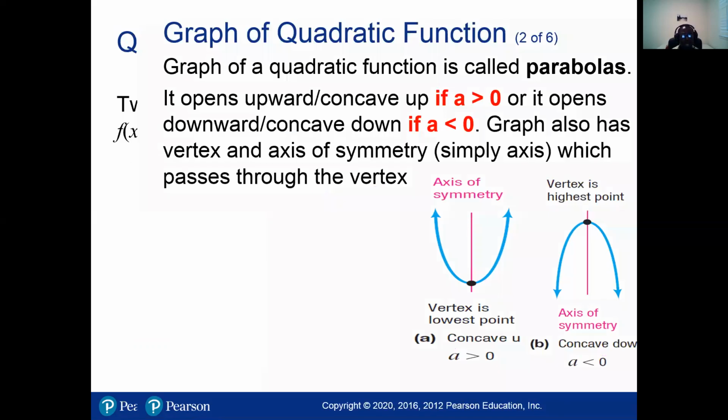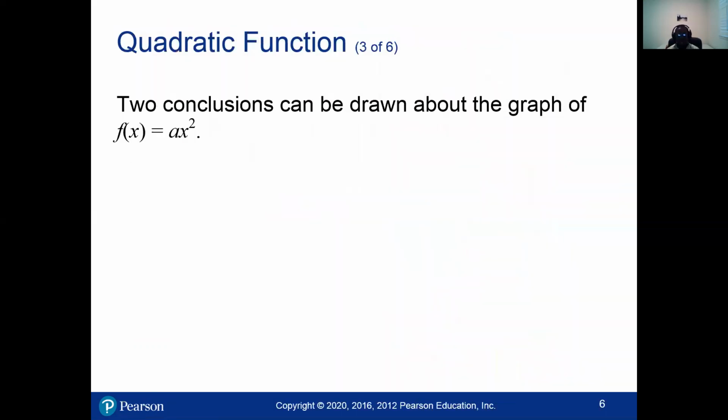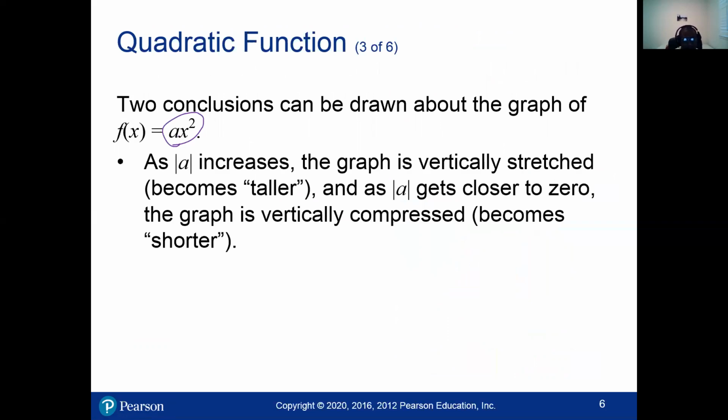Okay. So 2 conclusions we can draw, depending on the a, if your f of x is equal to ax squared. Now, if we take the absolute value of a, and it is increasing, that means if a is greater than 1, 2, 3, or is negative and its absolute value is increasing, then we say that the graph is vertically